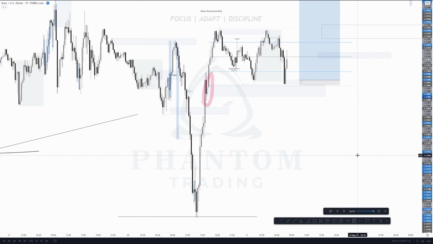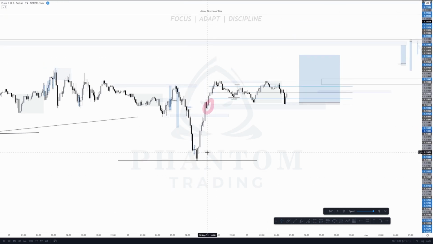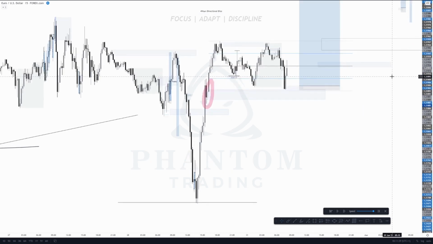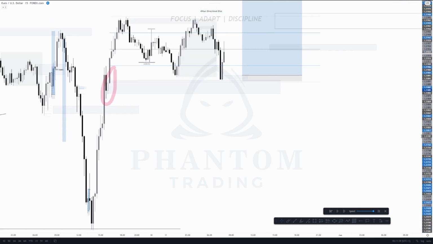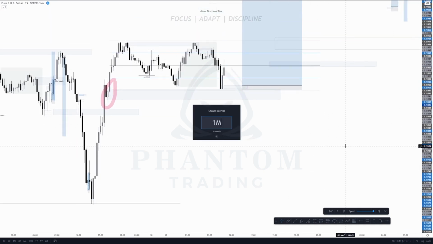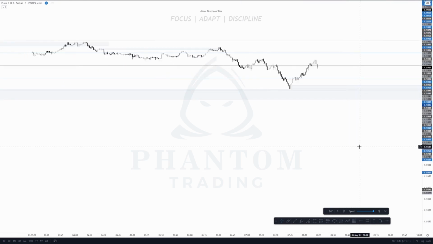But one thing to note, if we do look at the overall leg, it was of course in the premium of the leg. So this trade was probably a B valid setup, not an A setup, because it still was in the premium of this leg. However, we were in the discount of the range that had been created. So if I just move down into the 1 minute time frame, just to get a bit more granular,